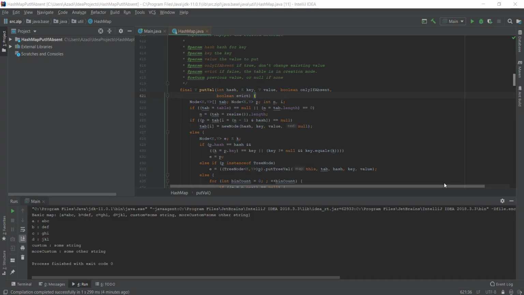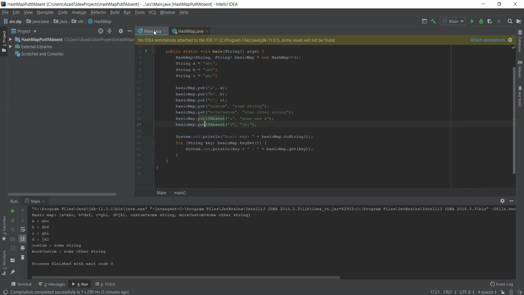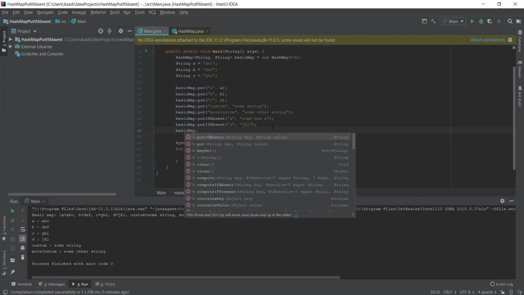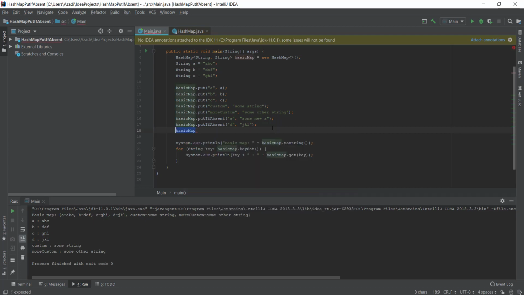So suppose we wanted to then look at all the methods that are available for the HashMap. There's a couple ways you could do that. One way is you could just go ahead and go to basic map dot and look at things. That doesn't really give you the Javadoc if you don't have some tool like IntelliJ that lets you reverse engineer. So a better way to do things, which is guaranteed, and especially since company policies can be very different